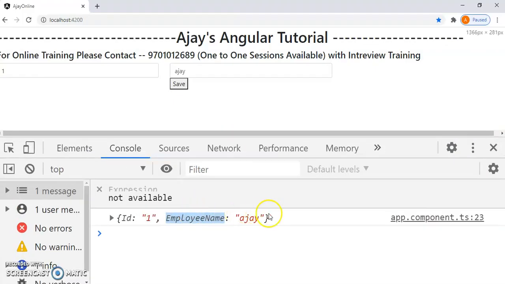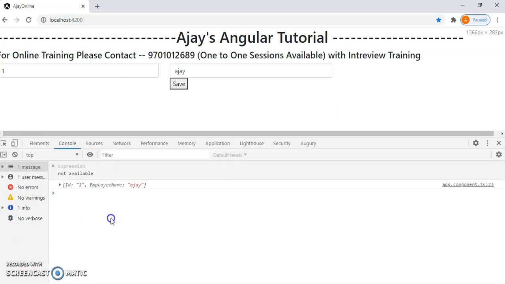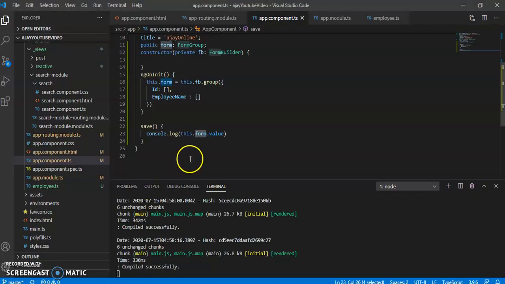I can show you this. This is my object. I think you have experienced this object. If you are in development like ASP.NET or Java or something else, you are aware of these objects. So these objects we send to the backend for the post request.